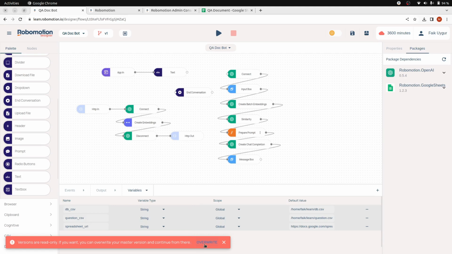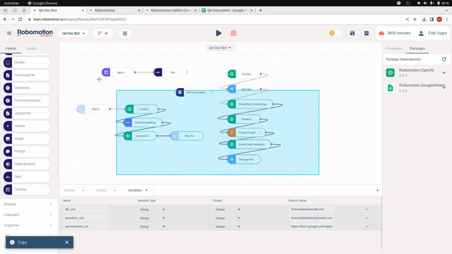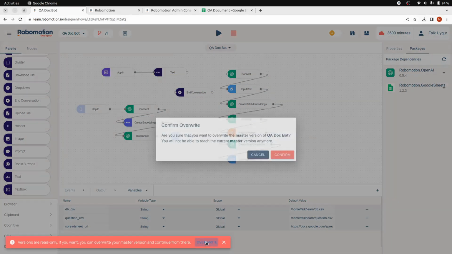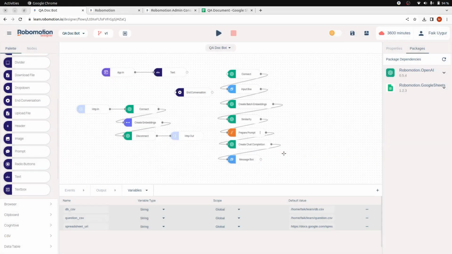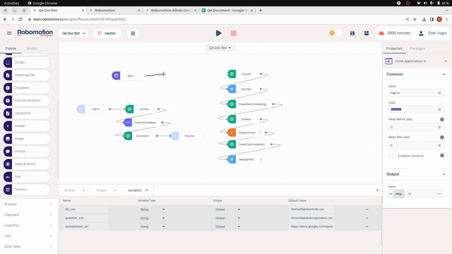Versions are read only. Oh, I selected a version. I switched to the version. Okay, let's save it and try overwrite. So it should overwrite to the master, but from the v1. So we have to change this one again and use append. Now we are at the master version,